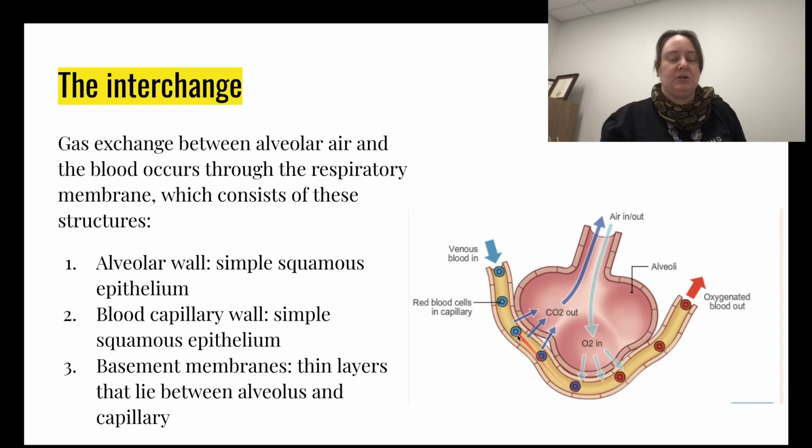It would pop these. And then all of a sudden, blood would come gushing out of all the capillaries and fill up the lungs. So it would pop these, blood would come in, and you'd literally be drowning in your own blood. That's what would happen with chlorine gas. That's what happens with mustard gas. It pops your alveoli and makes you drown in your own blood, which is not cool at all. Because I don't know about you, I don't enjoy the thought of drowning in my own blood.